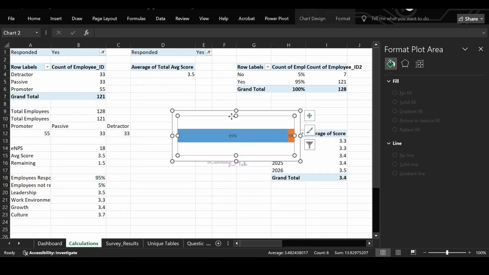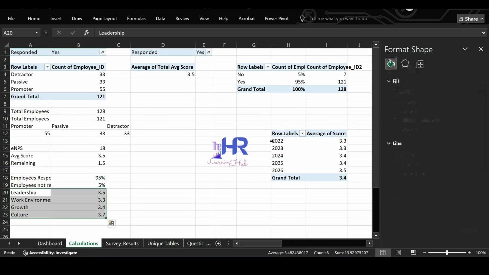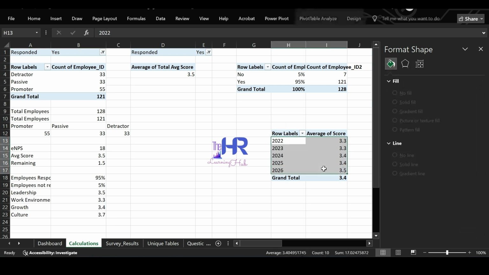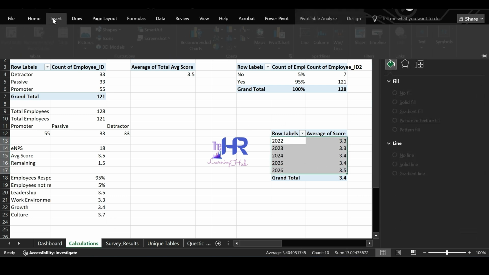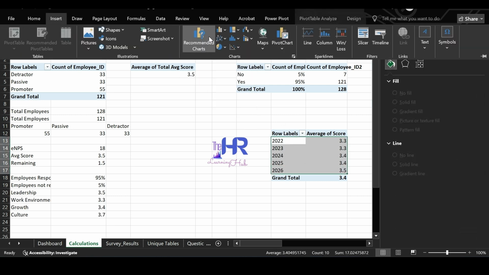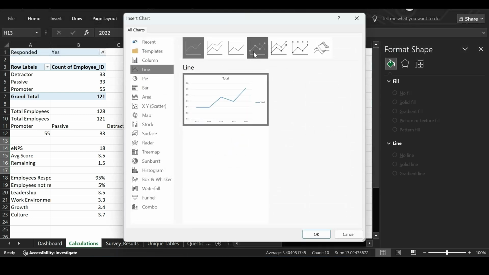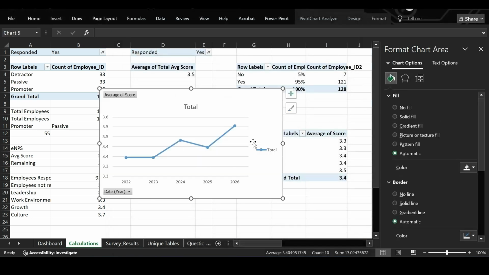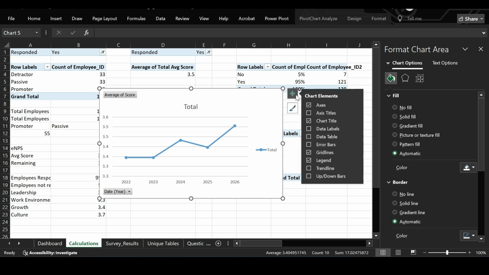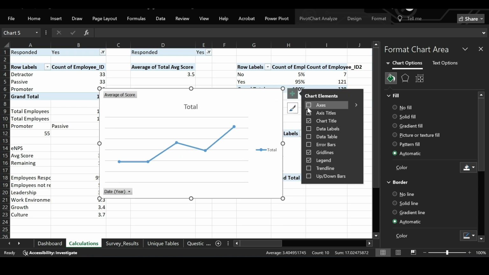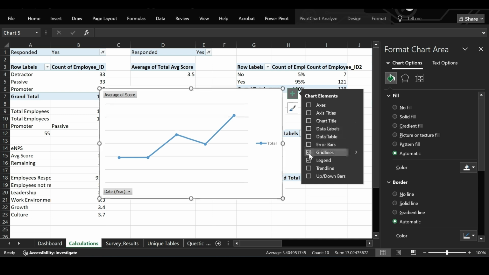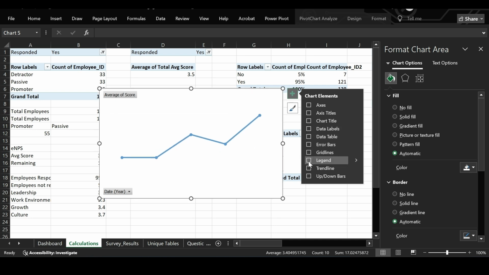Coming to the calculation sheet again, select your year-wise data, insert, recommended charts, select line chart, line with markers. Okay. Again, I'm making some changes over here, removing axis, removing chart title, grid lines and legend.